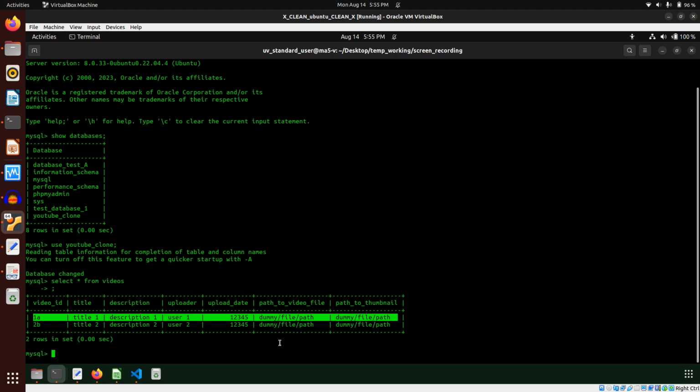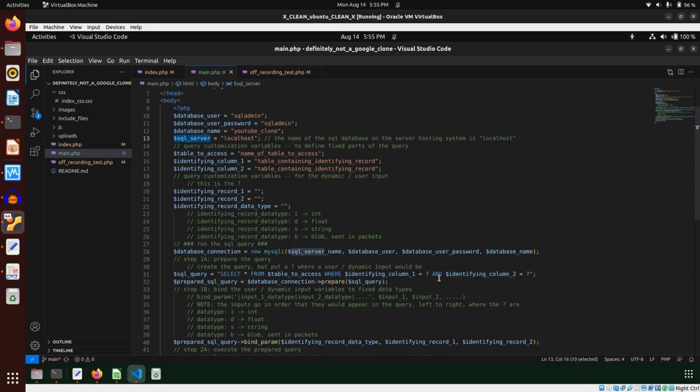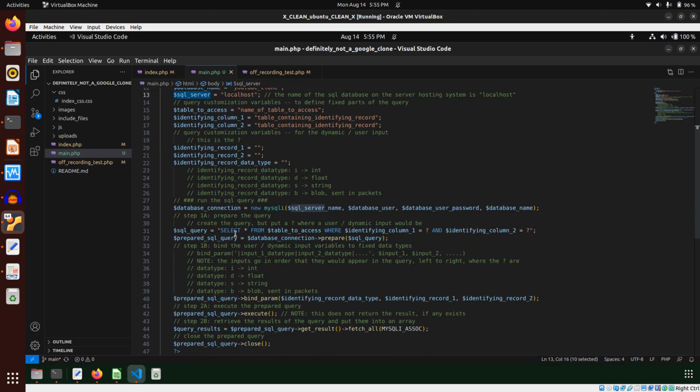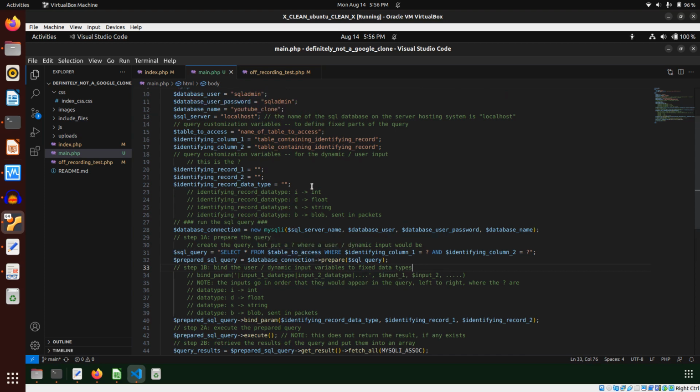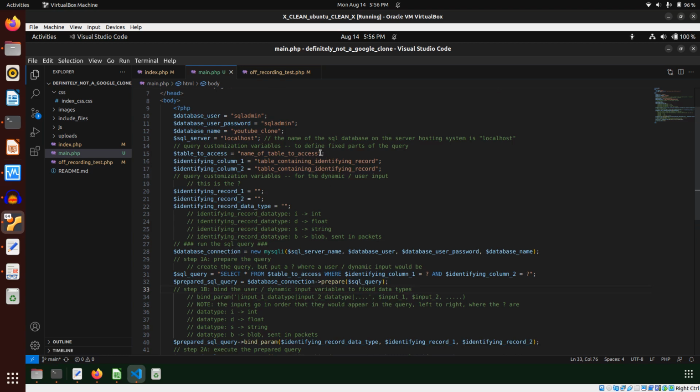The process is a bit more complicated. First, you set the SQL query here. So, what is the table that is to be accessed? The videos table. So I'm going to set that here. And there are two columns that I'm using to filter the results. One here and one here, which I have defined up here. And those two columns are